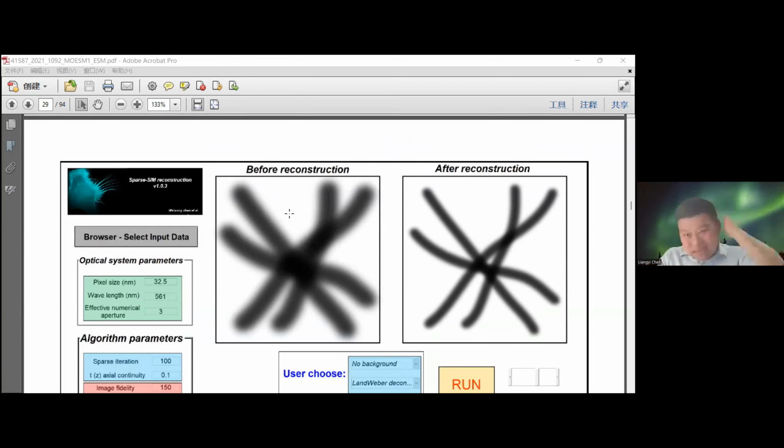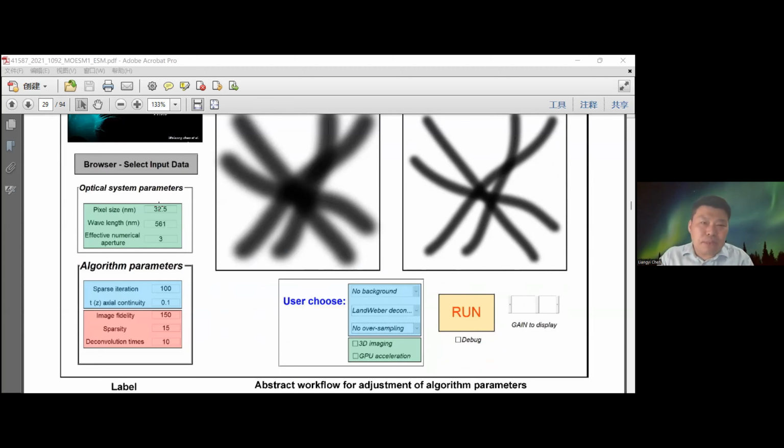But the software, let me just show briefly here. It should look something like this. Okay. So you will choose your pixel size, wavelength, your numerical aperture. This actually doesn't really matter. You can choose a little bigger one, because we found that if you choose a large NA, it will converge faster. Small NA will also converge, but it takes longer. And because we have a two-step process, the first one is this